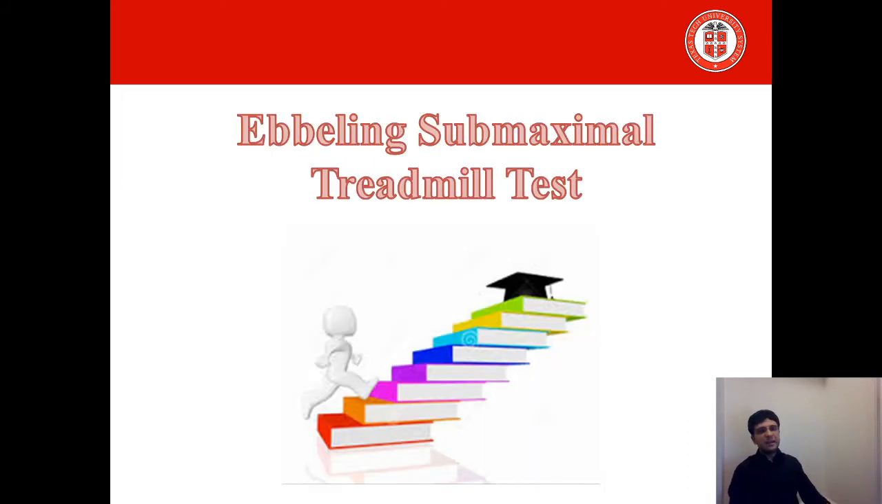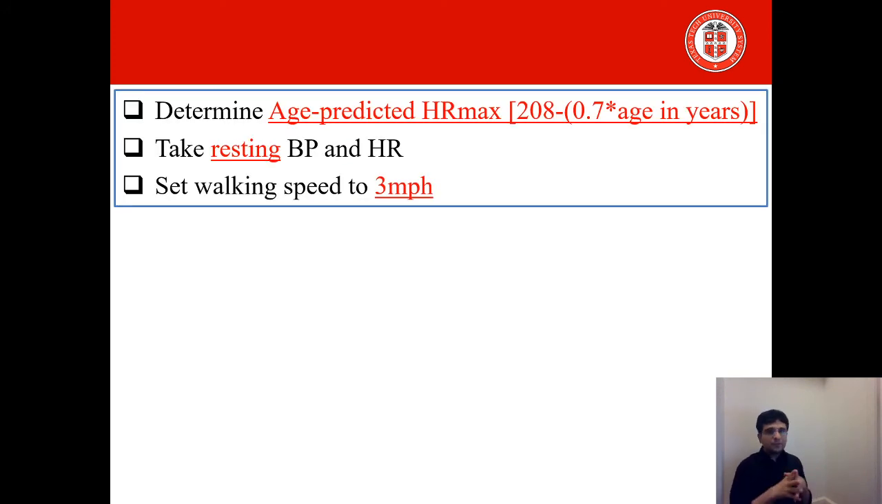Now, we are at the end, at our last test for today, which is the Ebeling sub-maximal treadmill test, and we will use a treadmill instead of a bicycle ergometer or the steps which we used in the Queen step test. For this one, first you have to determine the heart rate max using the same formula we have just talked about: 208 minus 0.7 times age in years. Take the resting blood pressure and heart rate, and set the walking speed on the treadmill to 3 miles